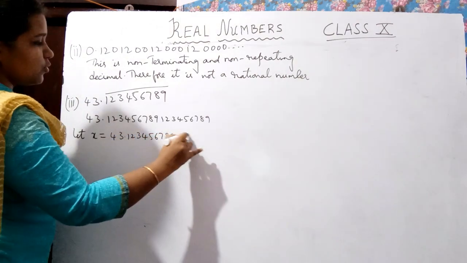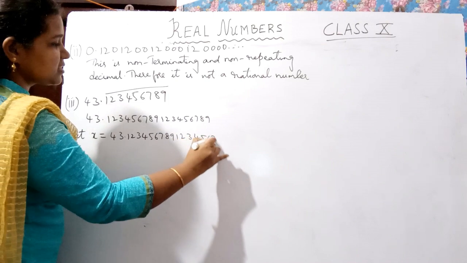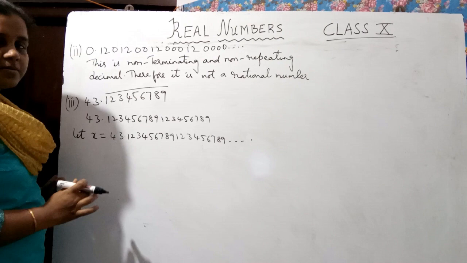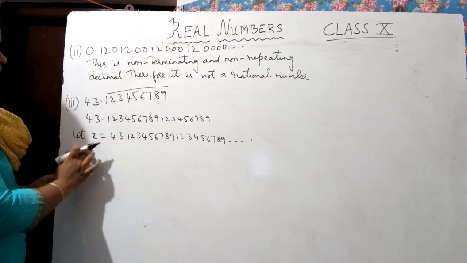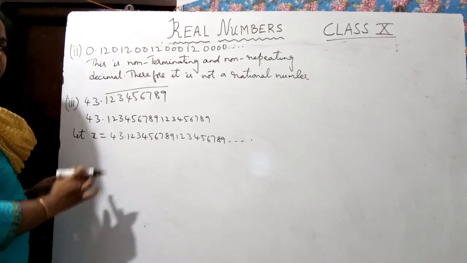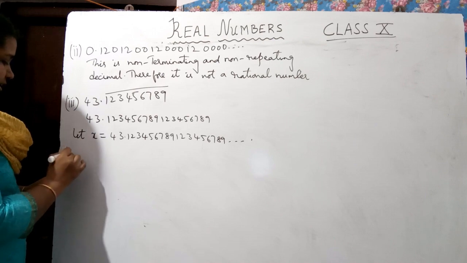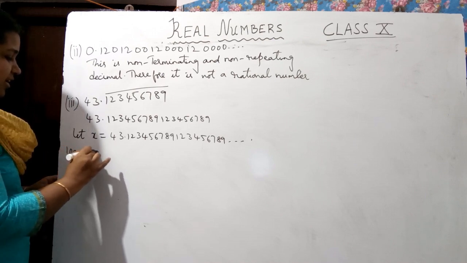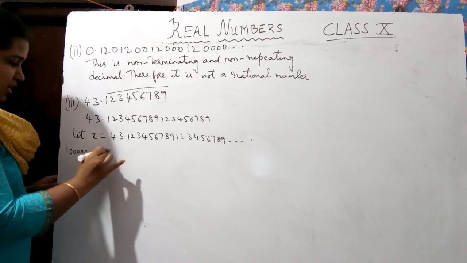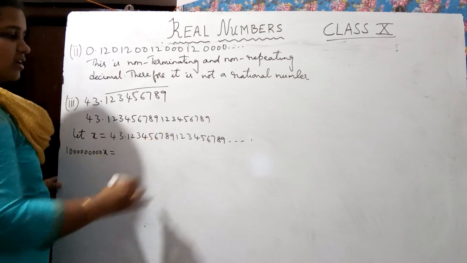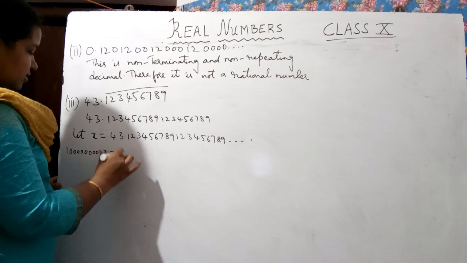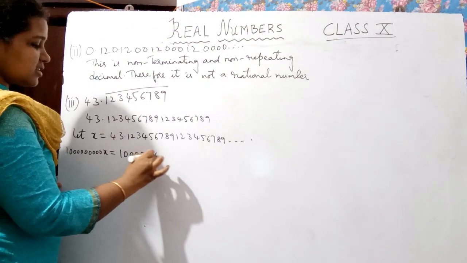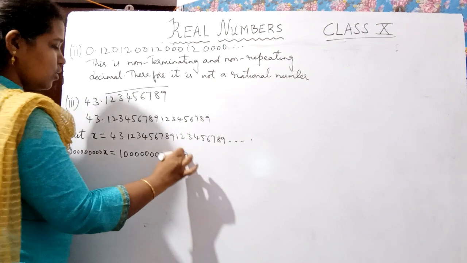x = 43.123456789, and so on. Because I have 9 digits in the decimal part, I have to multiply both sides of this equation by 9 zeros. So I'll get 123456789 with 9 zeros into x is equal to, if I multiply by 9 zeros, 123456789 into